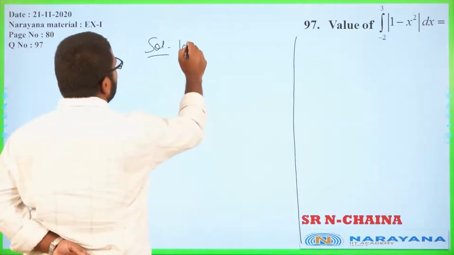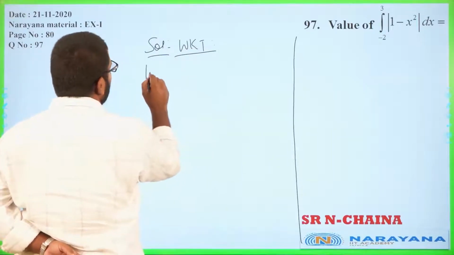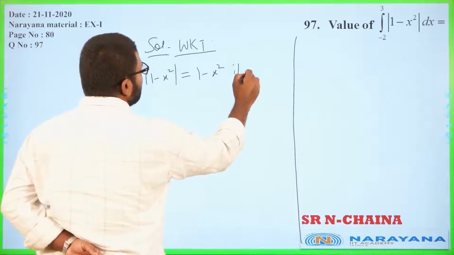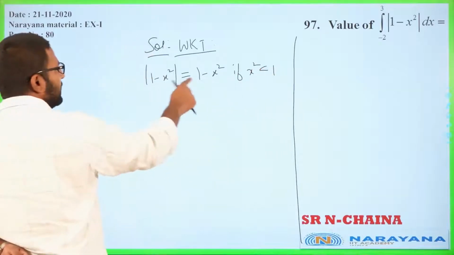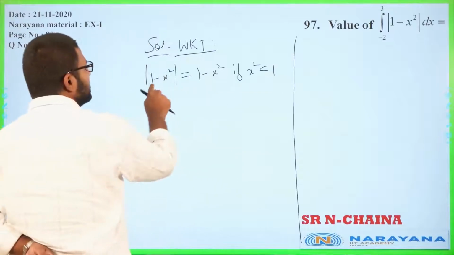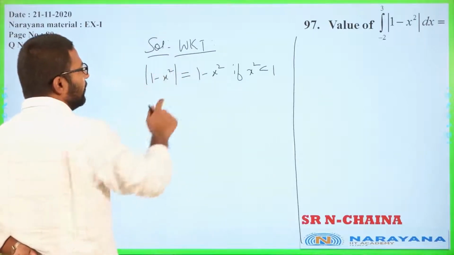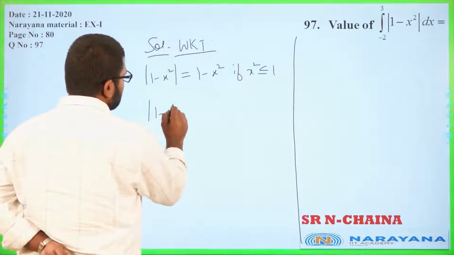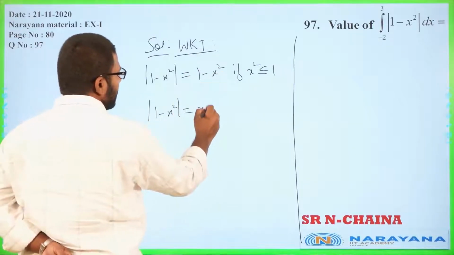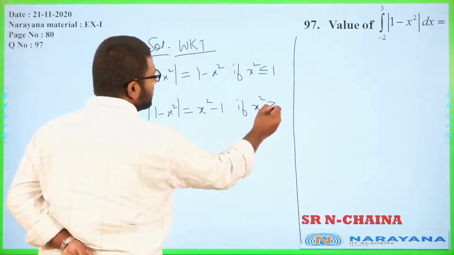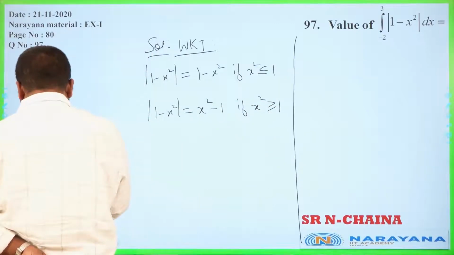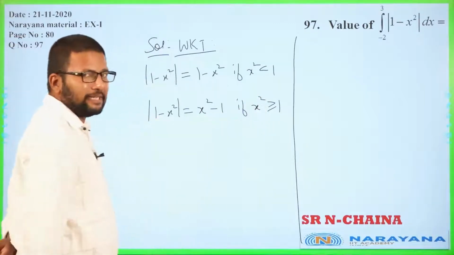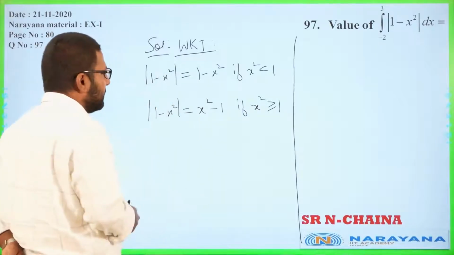So for example, we know that mod of 1 minus x square will be 1 minus x square whenever x square is less than 1. Correct? If x square is less than 1, we know this value is positive, which means I can just write it as 1 minus x square. You can put an equal to also here, right? And we know that mod of 1 minus x square is the negative of this, so x square minus 1, if x square is greater than 1. Actually, let us put the equal to with the greater than sign, this is a convention. Okay, it doesn't matter because the final result is the same.